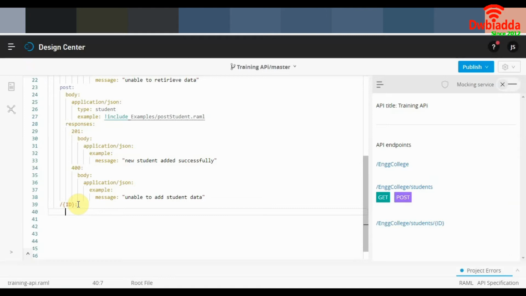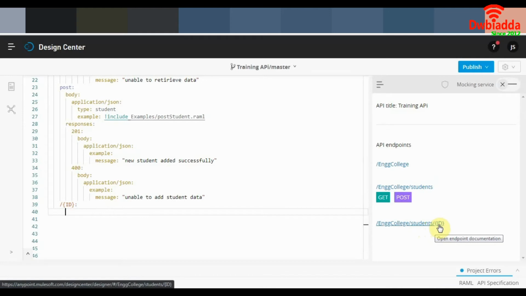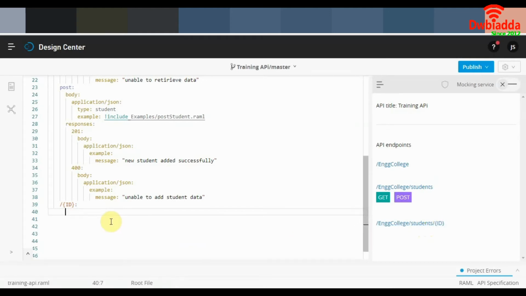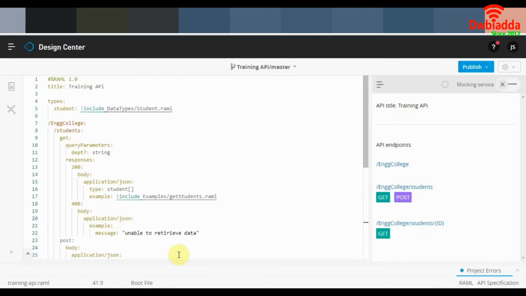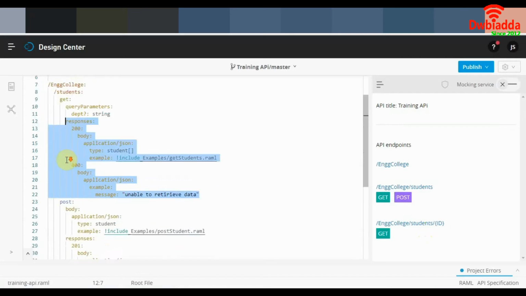Let's define a get method for our endpoint with a URI parameter. The first method will be a get method. We can copy the responses from our get all students method and make a few changes to it. We won't put in any query parameters here, so let's just copy from responses.